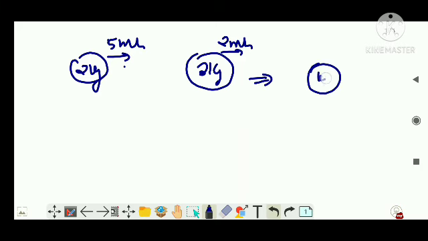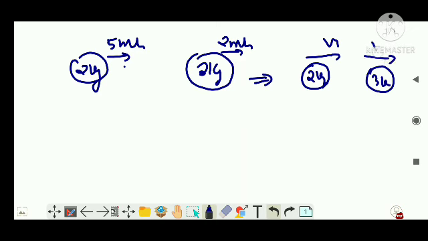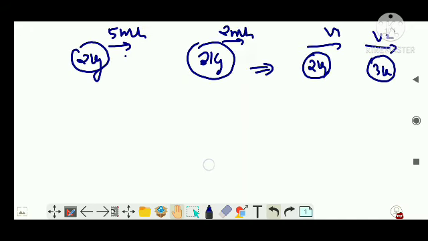Let's say this 2 kilogram moves with the velocity v1, and the 3 kilogram goes with the velocity v2. I am not talking about inelastic collision here, guys,